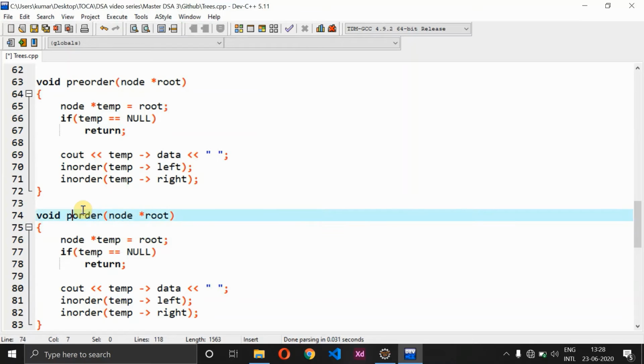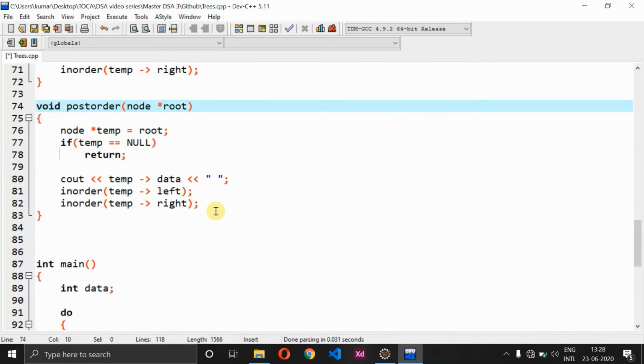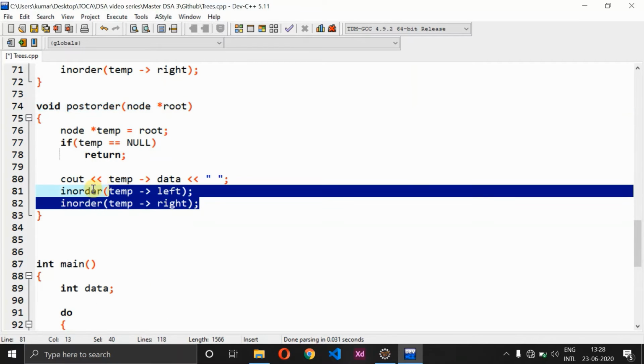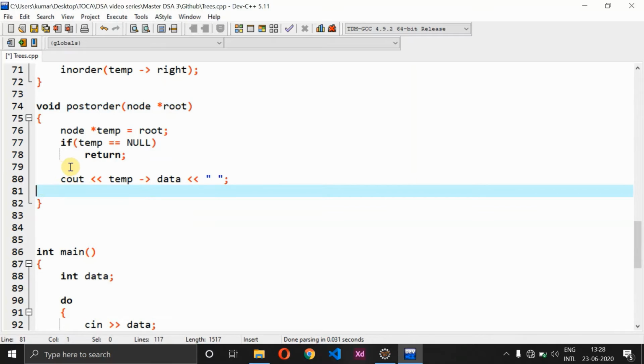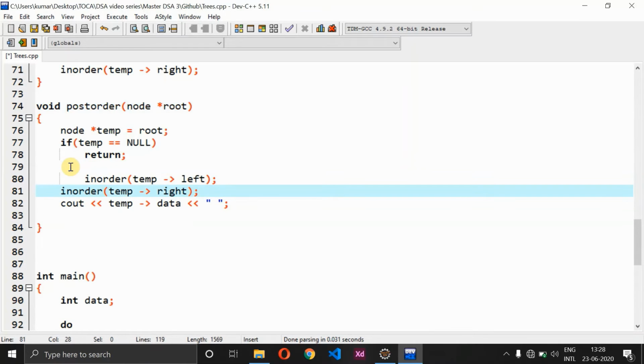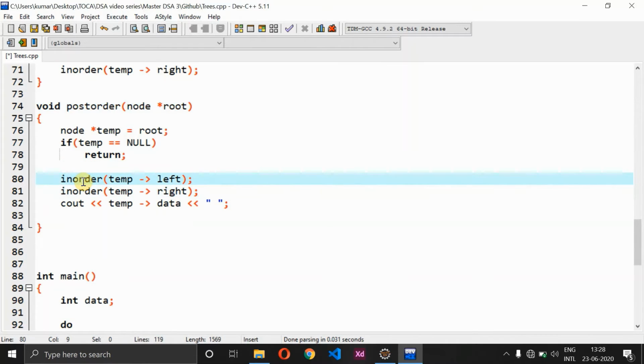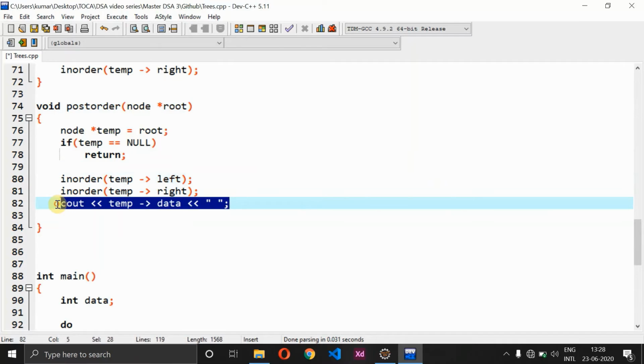So instead of pre-order, let's just give it as post order. In post order, what I am supposed to do is first print left, then right, and only at last are we supposed to print the root node, right? So let's remove these two lines and give it over this, so that first it will call the entire left node, and when I reach the extreme left-hand part, I'll be printing the data. After that you will print the right node, and at last it will print the root node.